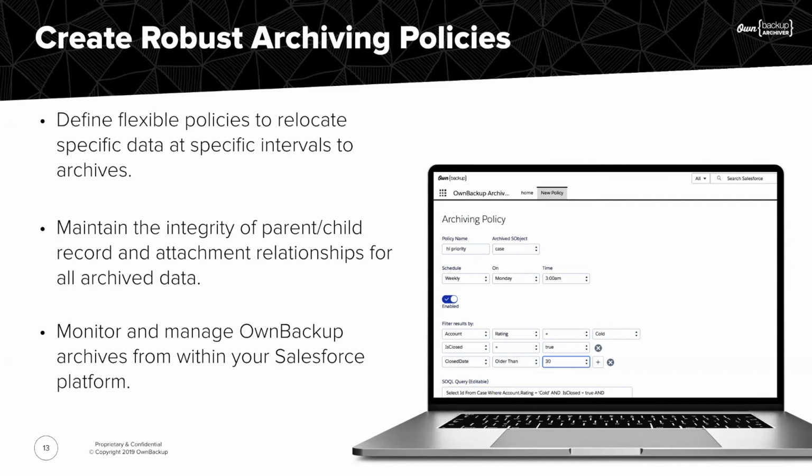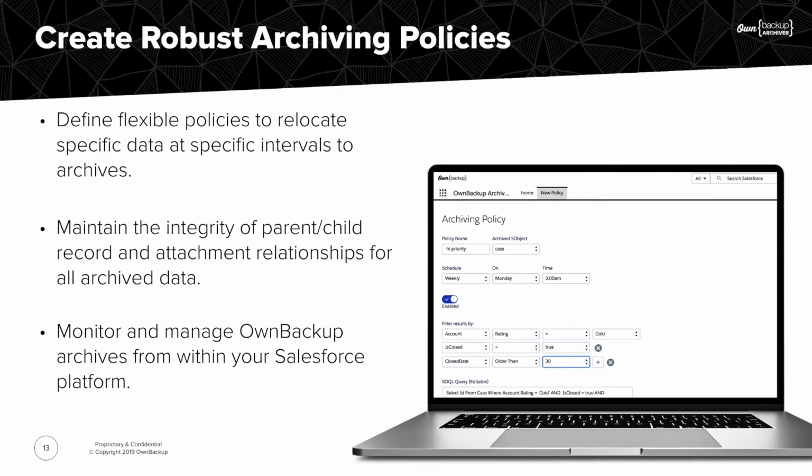So one of the key benefits of Archiver is that it makes it super easy for admins to define, automate, and manage custom data retention policies that include specific data to be archived, how frequently that data archiving activity occurs, and how long the data is retained. And then once those policies are configured, it removes those specific records and attachments from production and securely stores immutable replicas, so they can't be changed, in the cloud without changing the integrity of that data relationship.